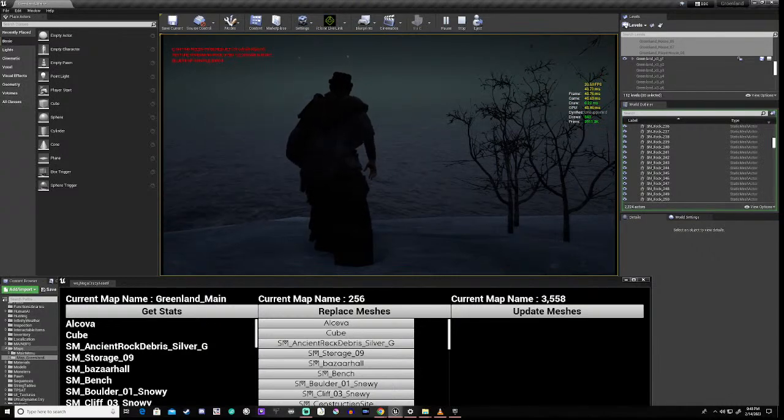right? Because what you got to remember is that the CPU has to try and feed the GPU with the data, right? And if it's only having to make one draw call, it's going to be substantial, okay?